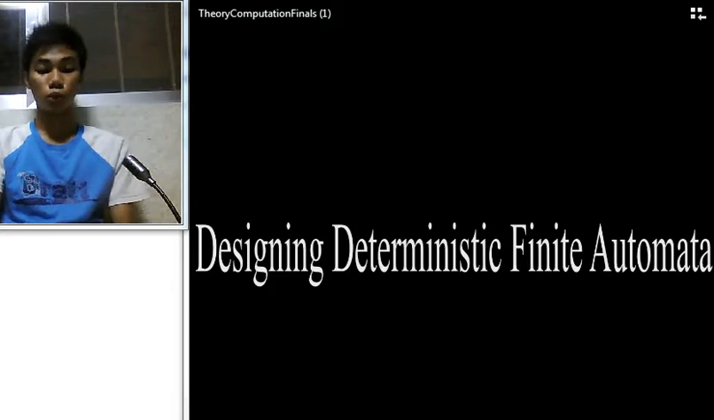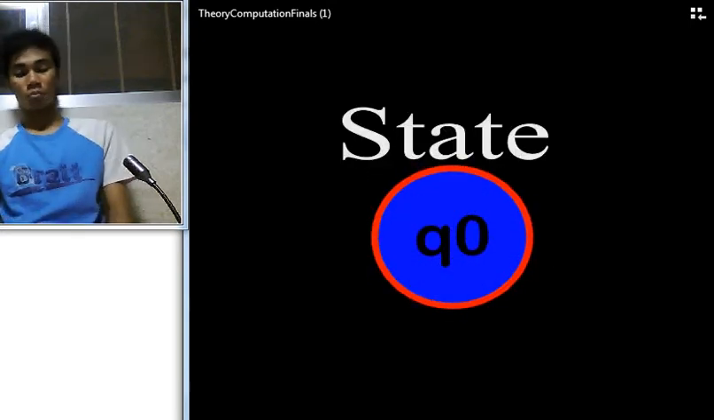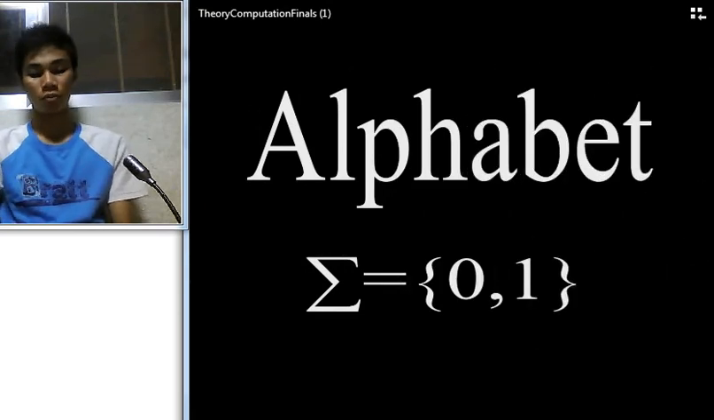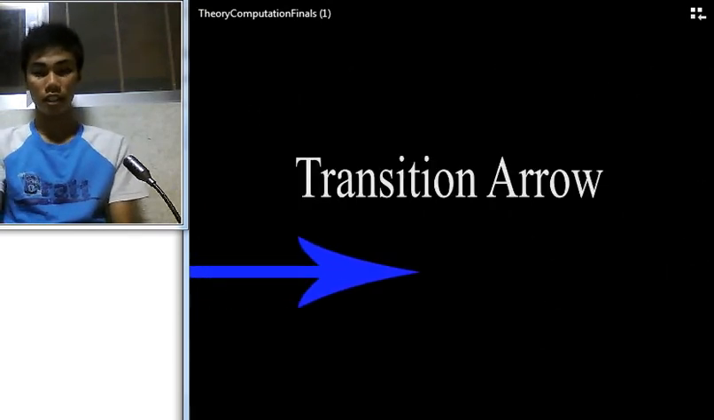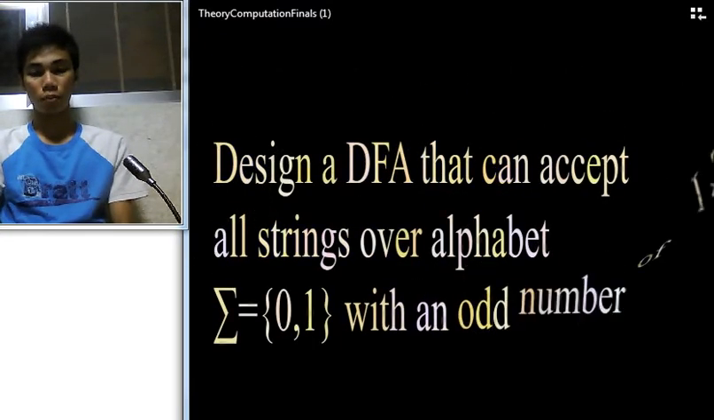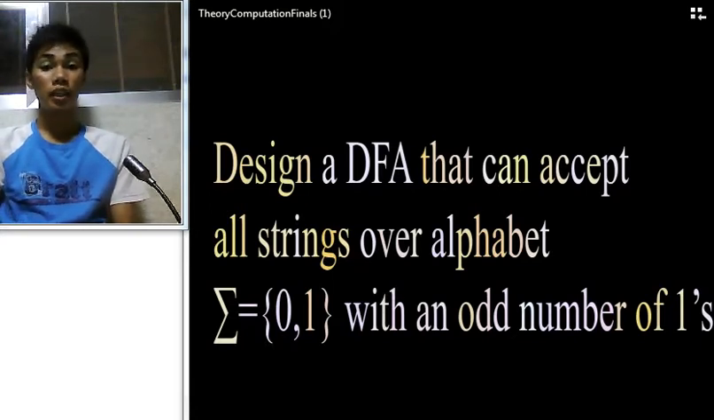I'm here to show you a tutorial about designing deterministic finite automata. In this topic, we will be using state, an alphabet, and a transition arrow. In this tutorial, I served three problems about this topic. And our first problem is design a DFA that can accept all strings over alphabet 01 with an odd number